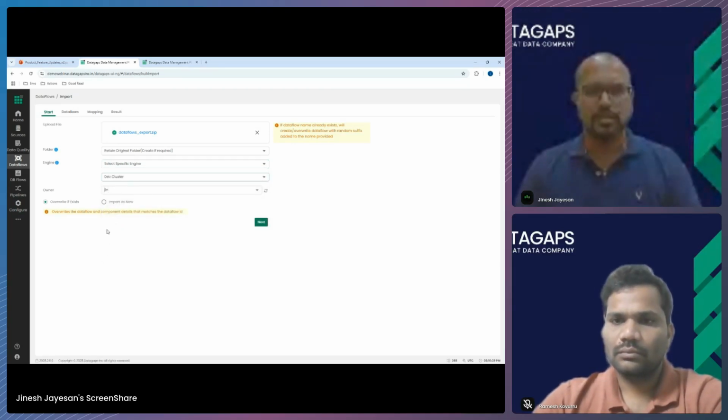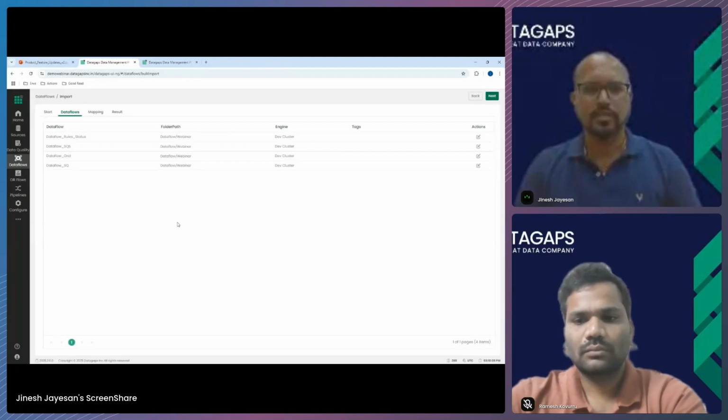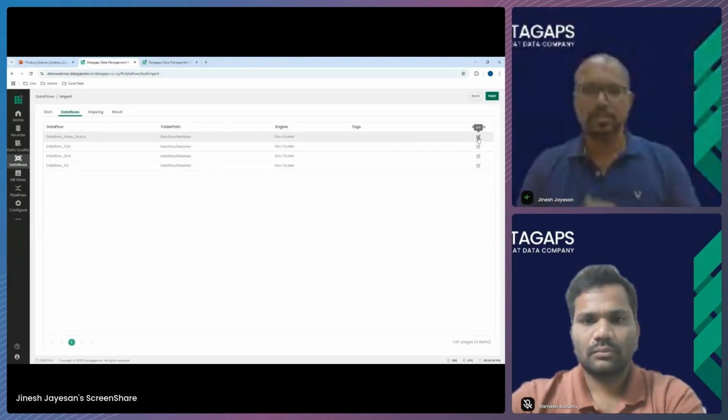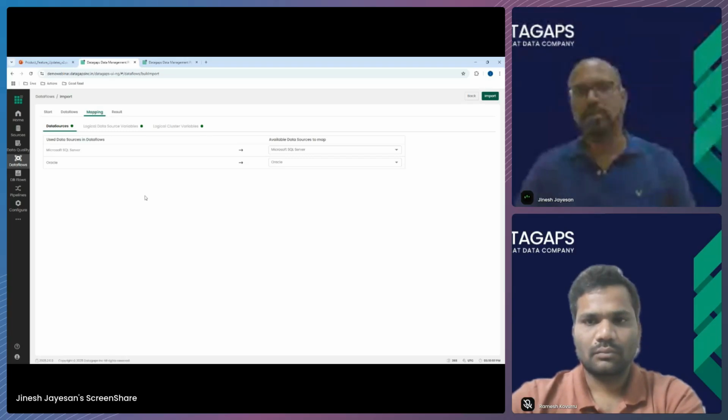Here I am choosing one cluster which I have, and once you go ahead, it shows all the data flows here. This is the same way that you can edit individual data flows, and if you have to make any changes here, you can go to the next step. This is the part where we make sure of the dependencies the data flows have. Some data sources coming from one environment might not be present in the other one, or might have a different name. Here it was the same name, so this intelligence auto maps it. But just in case it is not able to match,